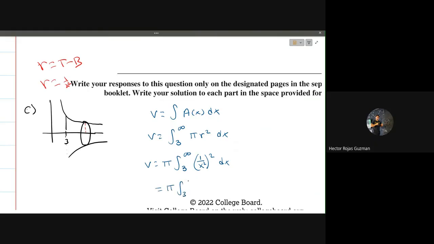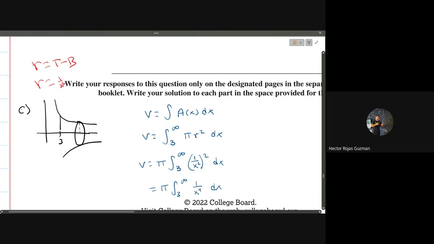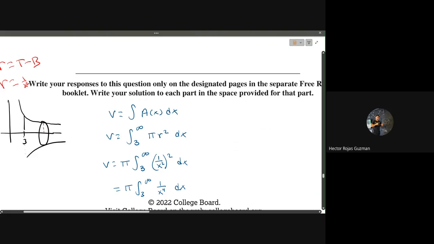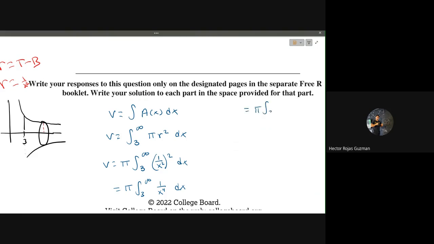Let me square 1 over x squared: 1 over x to the 4th, and rewrite it with a negative exponent: x to the power of negative 4. You add 1 to the exponent, you divide by the new exponent. Plug in your stuff. So here we have,